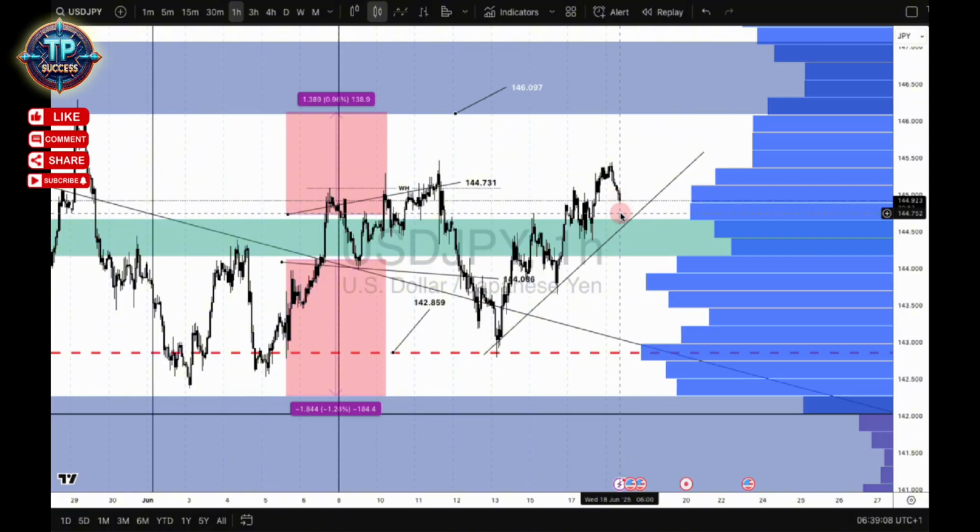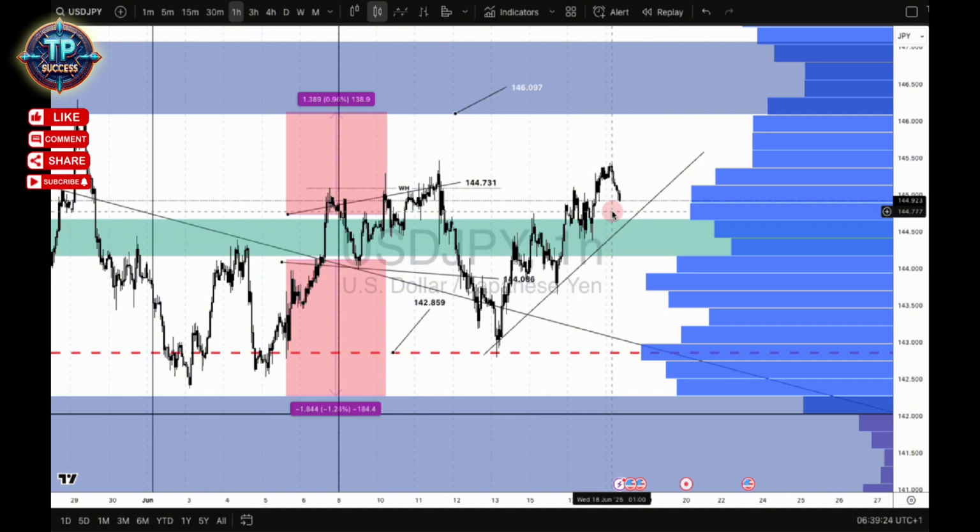If it bounces from this area back to the upside, so the area I'm talking about is 144.785,